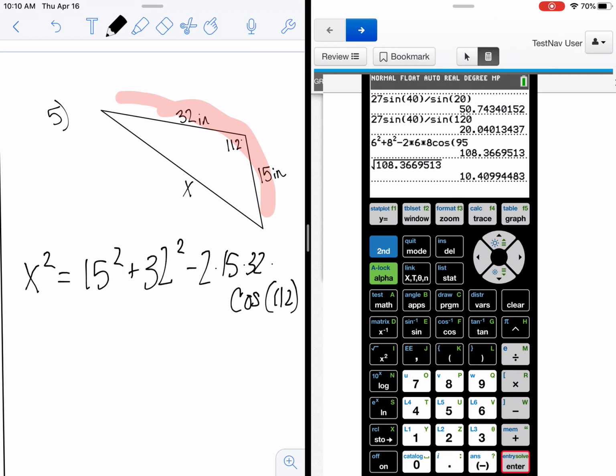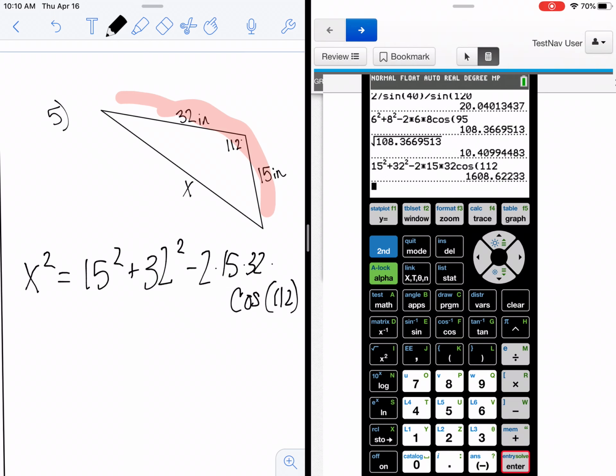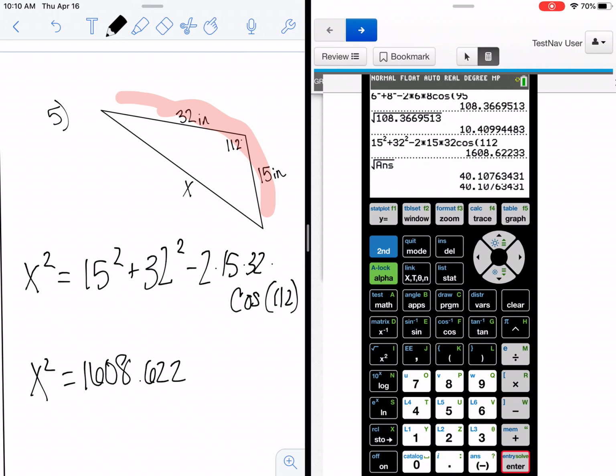So I'm just going to type that in, 15 squared plus 32 squared minus 2 times 15 times 32. And that tells me what x squared is. And then I'm going to take the square root of that. So x is going to be